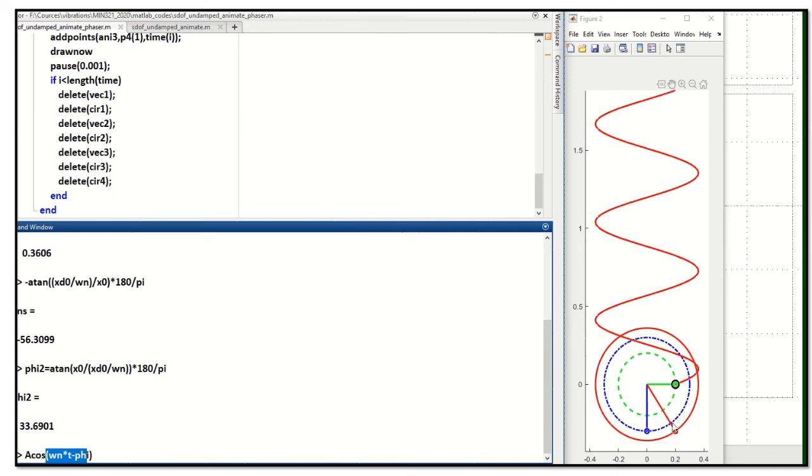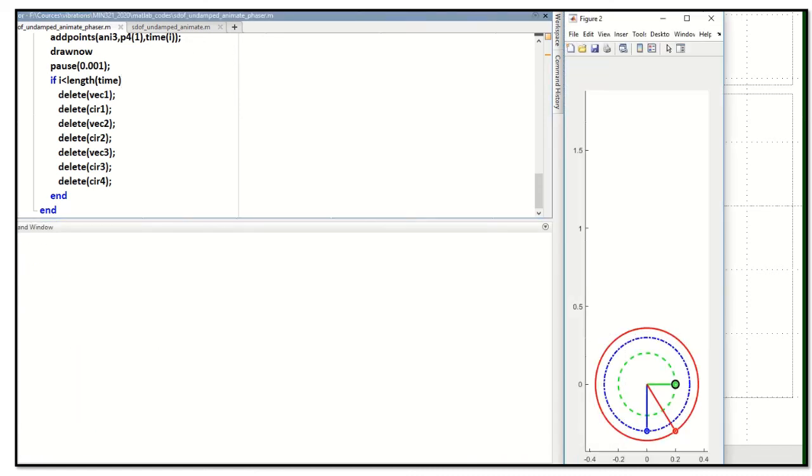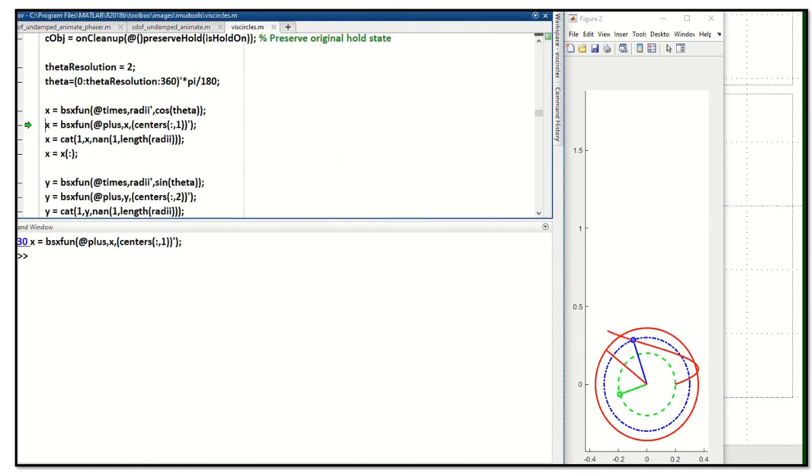So when we are not representing the displacement variation in this way, but by using the fictitious particle, then we'll be drawing this position vector, and this position vector will be rotating with respect to time. At any time instance, if you take a snapshot, let me run this code, and we'll stop it and take the snapshot at a certain time. Okay, I have taken the snapshot of it.